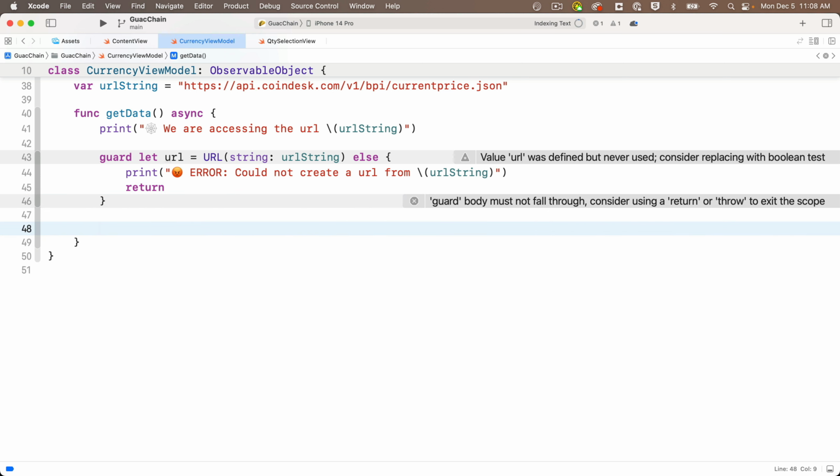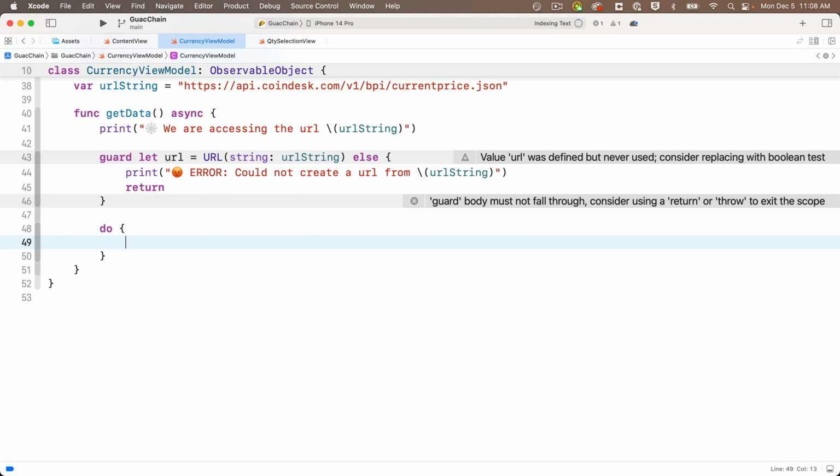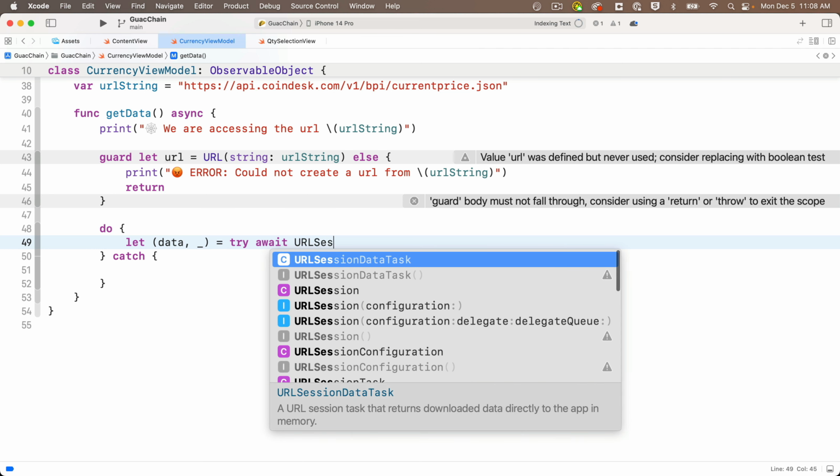Then once we have a valid URL, we're ready to make that call to URLSession. We do that in a do catch clause, so we'll write that down below. And in the do clause, we'll say let, and then in parentheses, because we're getting a tuple back, data, comma, and we don't care about the result, so we'll put an underscore here. We'll set that equal to, and we've got to use try and await as keywords,